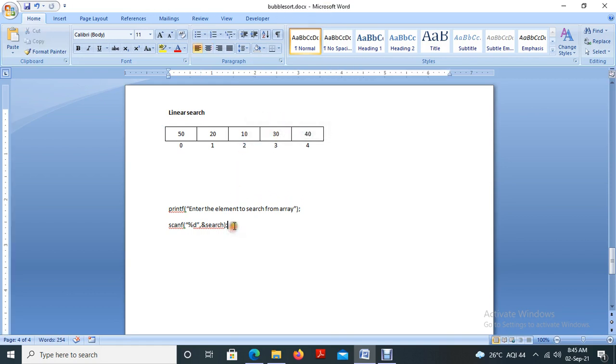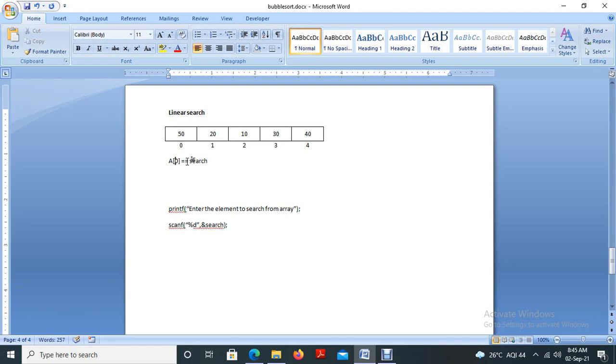So I collected the element to be searched and stored it in the variable search. Now we are going to search the element continuously, one by one. The concept is like this. First, comparing 50, or you can say comparing a of 0 equal to search.